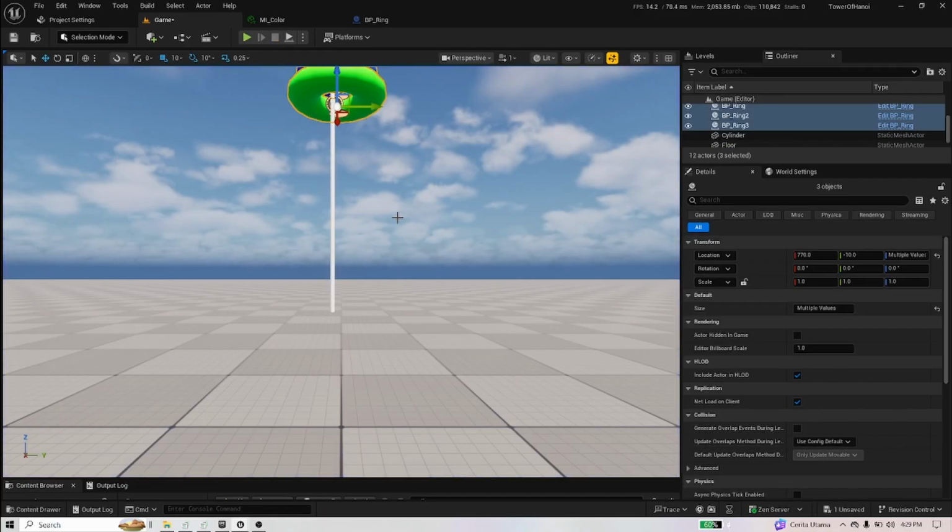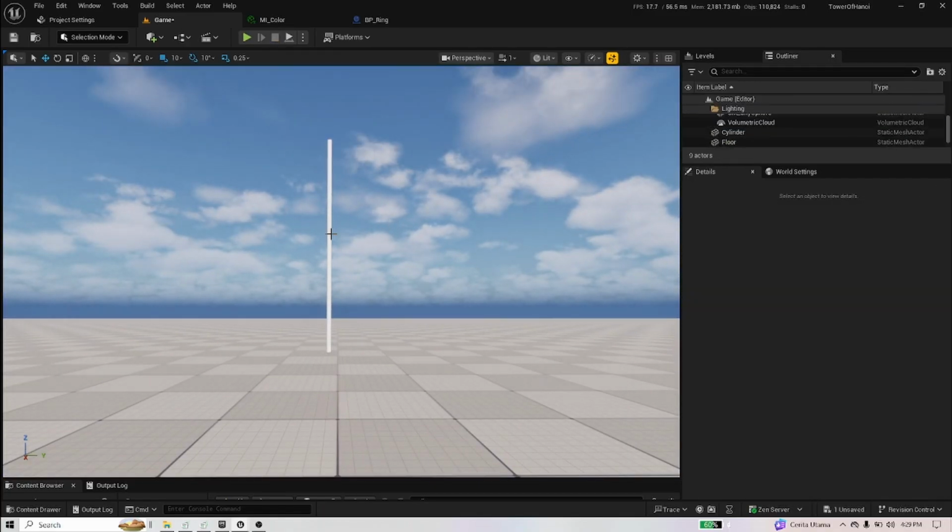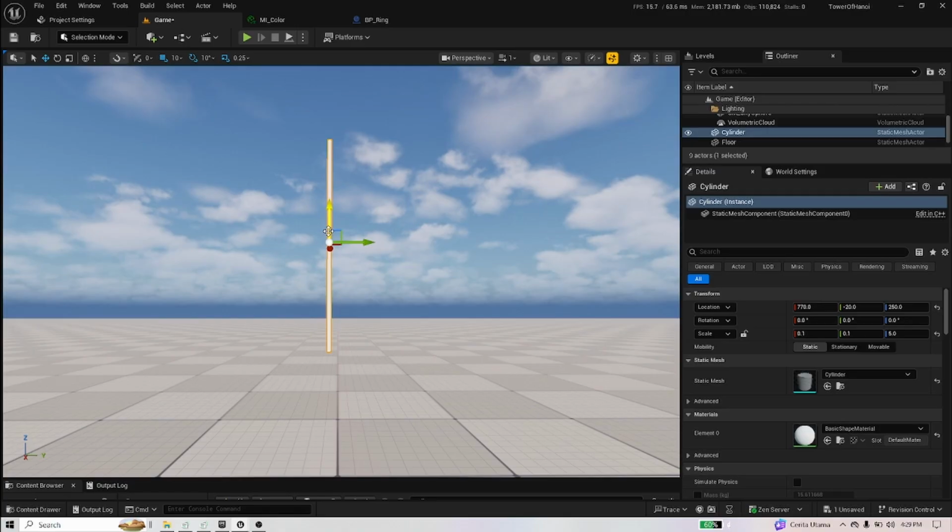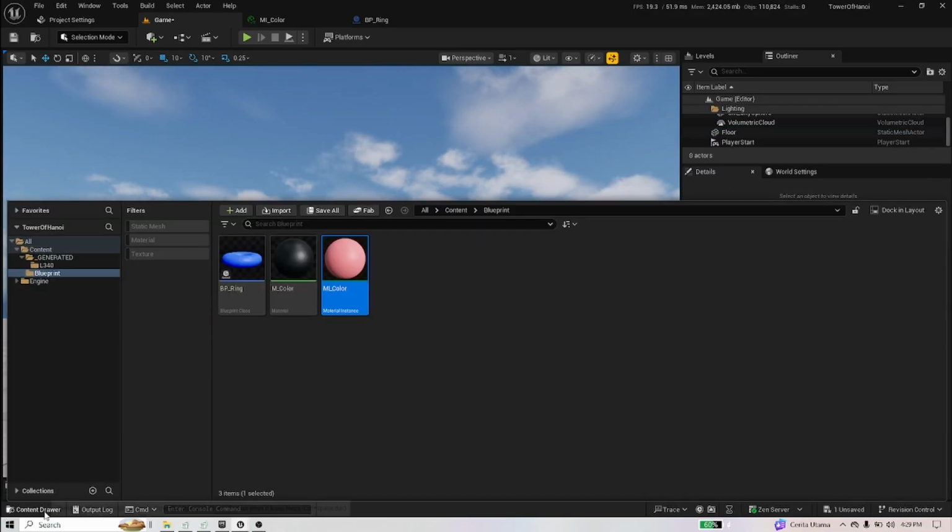Okay, I think that is already what I expected. So for now, we're gonna remove all those things and we're gonna create our new blueprint for the pole